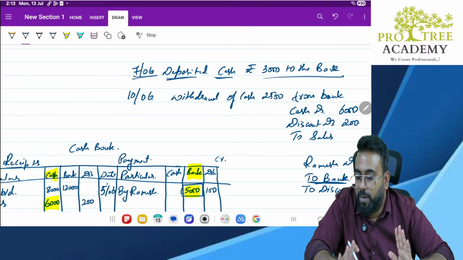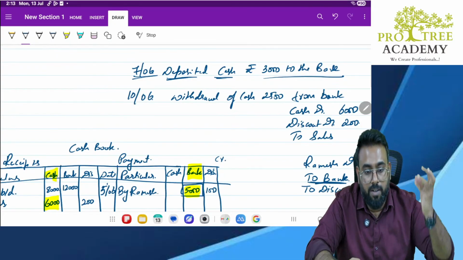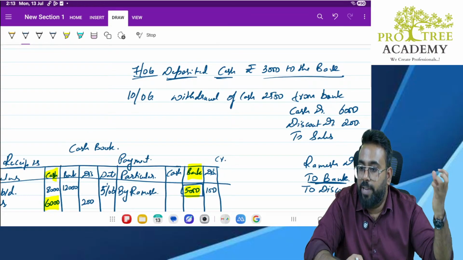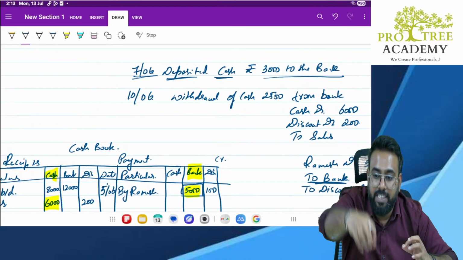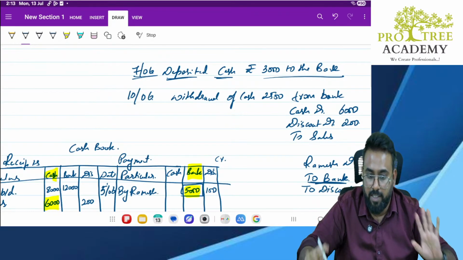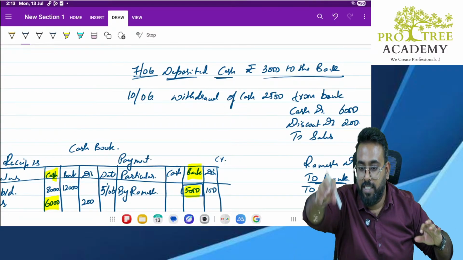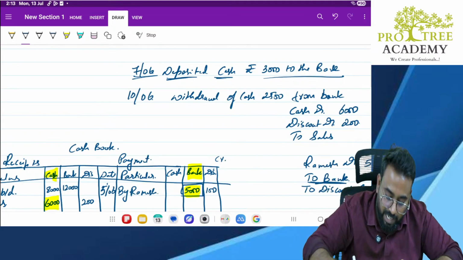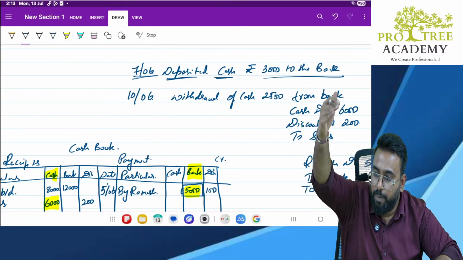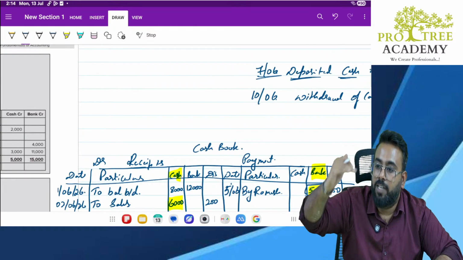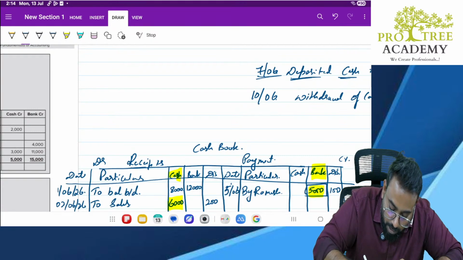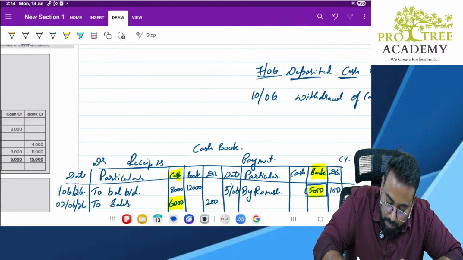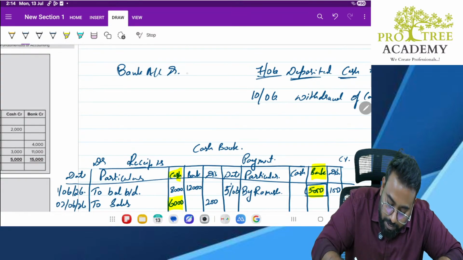Now my question is simple. In which asset are we actually making payment? Cash is making payment. Bank is receiving that payment. Clear? Cash is making the payment. Bank is receiving the payment. So what is the journal entry? Bank balance is going up. Cash balance is coming down. So an asset which goes up will be debited. An asset which comes down will be credited. So bank account debit. How much? 3,000 to